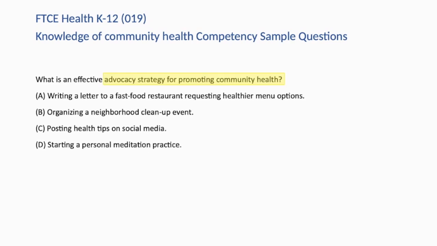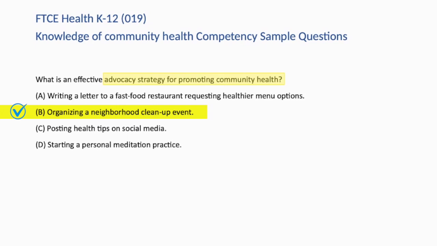A. This strategy doesn't directly affect the health of the community. Let's look at C. Social media doesn't engage the community in a meaningful way. D. A personal meditation practice is unlikely to reach much of the community. The correct answer is B. Organizing a neighborhood cleanup event. This type of event promotes community health by improving the local environment, fostering community engagement, and raising awareness about environmental